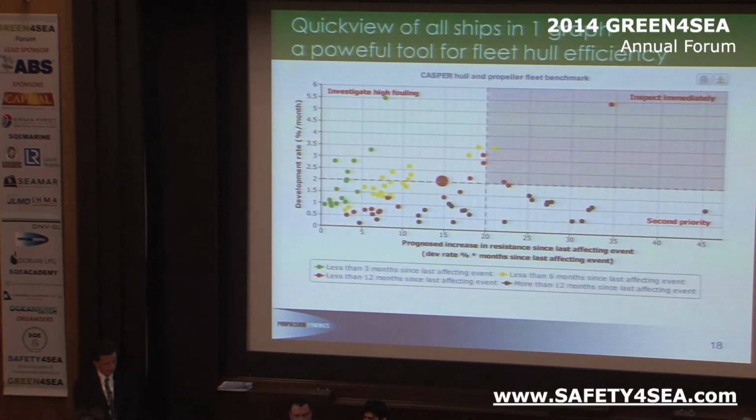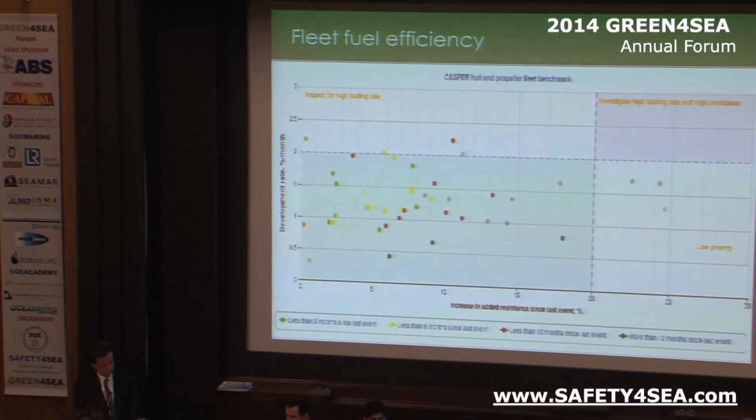So this is where a whole fleet can be plotted in one graph, and you see the vertical axis, how fast is the hull and propeller fouling. The horizontal axis, how much the resistance of the ship has increased since last dry dock. And then, of course, if you have ships that are fouling quickly and have a lot of extra resistance, they're in this reddish zone in the upper right quadrant. And the green, yellow, and red are how long the ships have been out of dock. So here's how a fleet changes over time, and this is a fleet of 50 ships